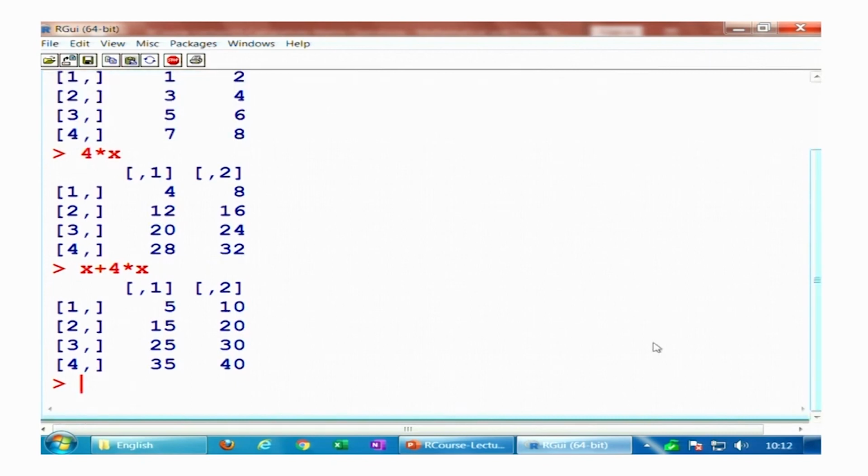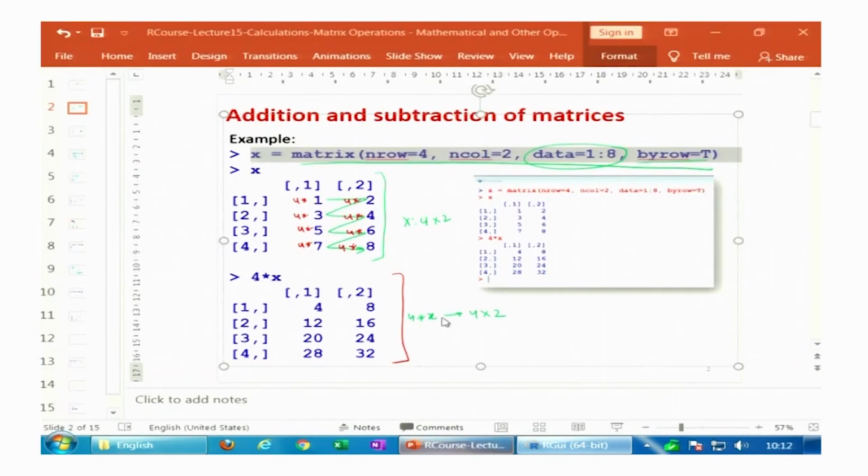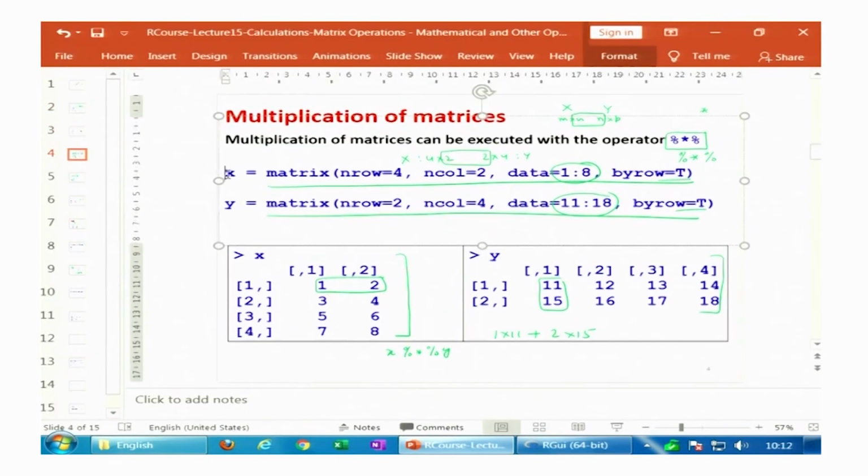And similarly, in case you try to do this operation here, 4 into X minus X, you can see here this is the operation. So, you can see it is not a very difficult thing to do. Now, let me consider these two matrices X and Y, and I will show you how you can do the